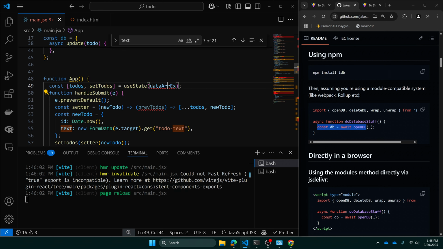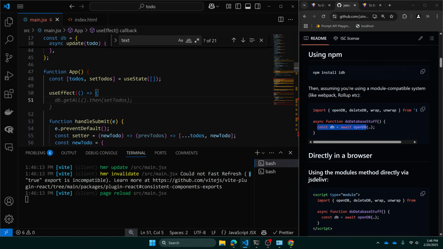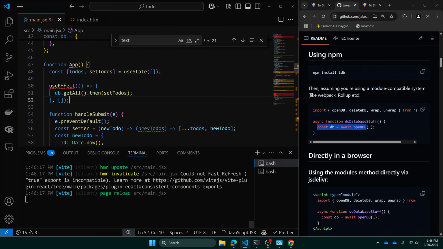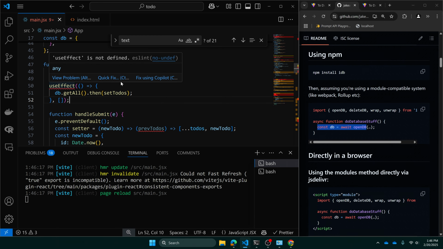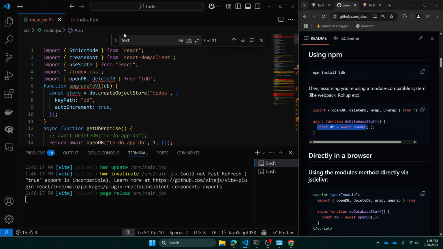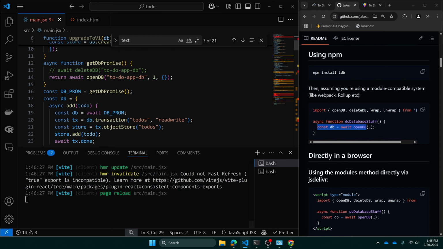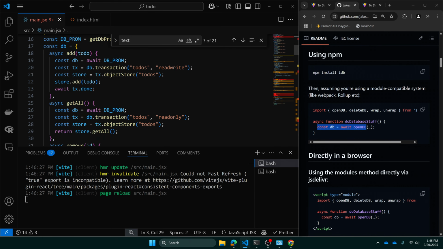So how can we initialize this? Well, we're going to need some way. Initially it's going to be probably empty, and since this is an asynchronous database, we're going to need to do this using a useEffect. So that's going to be imported from React. So we'll have to go up here and import useEffect,